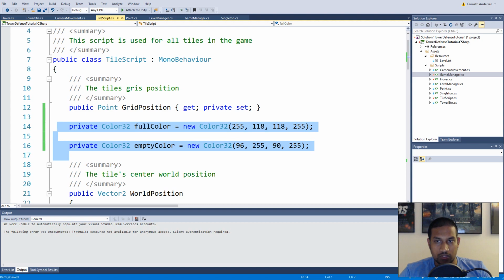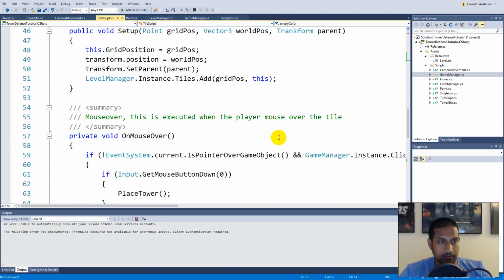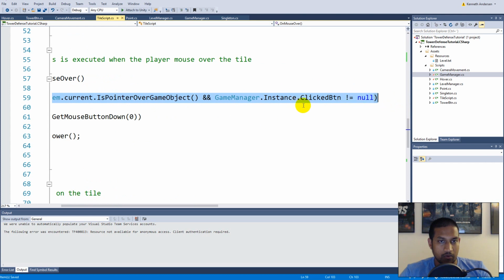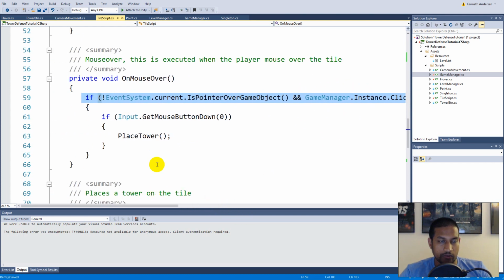So where should we do this? Well, we should go to the mouse over function. So let's go to our onMouseOver function. First of all, we can just make a test to see if this works. We should do it inside this if statement here, because we only want to do it when we are not mouse overing any UI elements. So we can say here